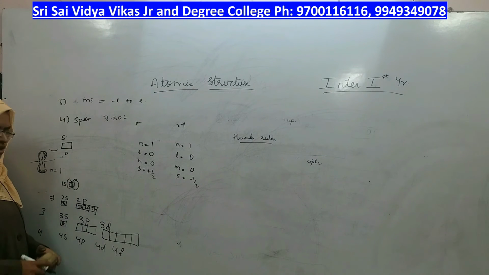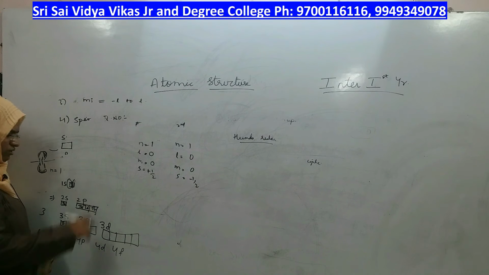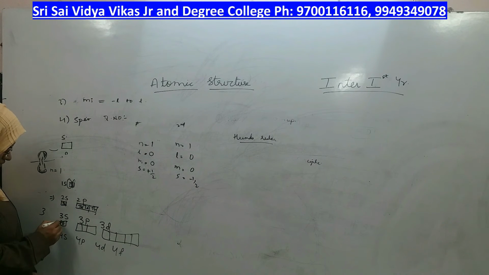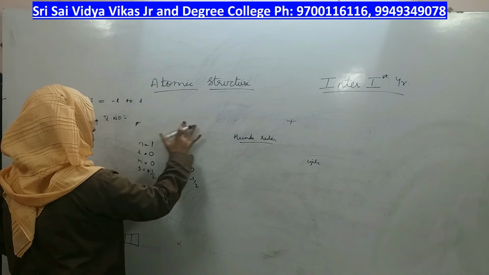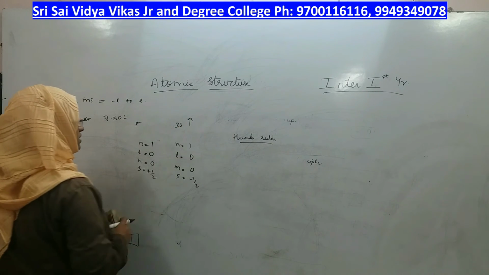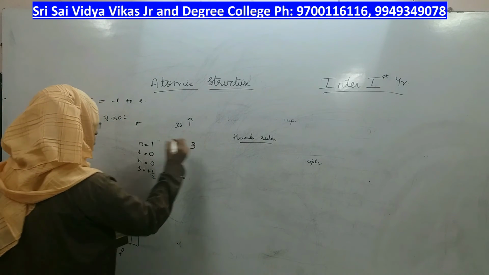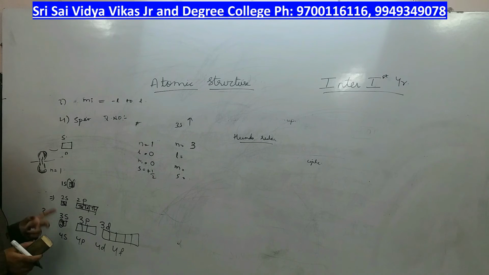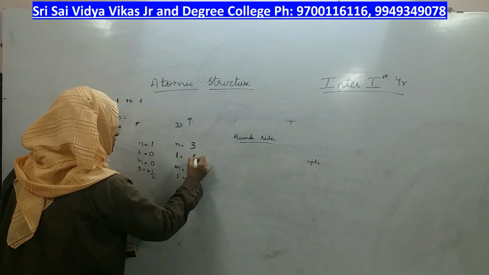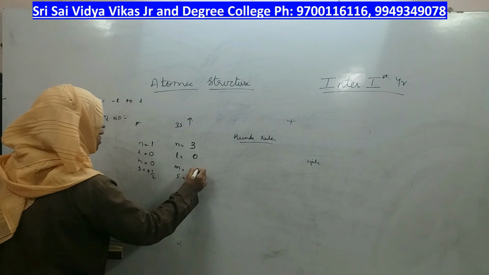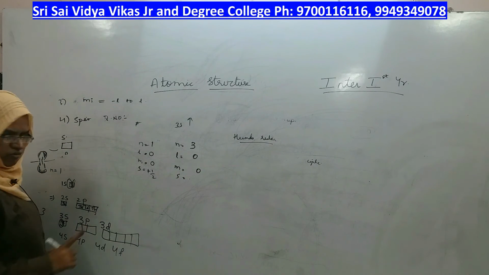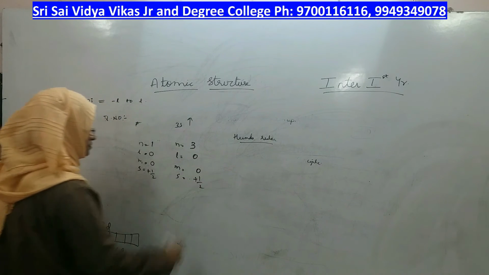Not just these 2 electrons, you can also take any other electron as an example out of these 12. Shall I take the upward electron of this s? Let us take the upward electron of the 3s orbital. From 3s upward I will take. 3s means they are present in the third main shell. Therefore, the principal quantum number will be 3. 3s means it is present in the s subshell. The s subshell will have l value 0, m value 0, and the upward arrow has plus half value.